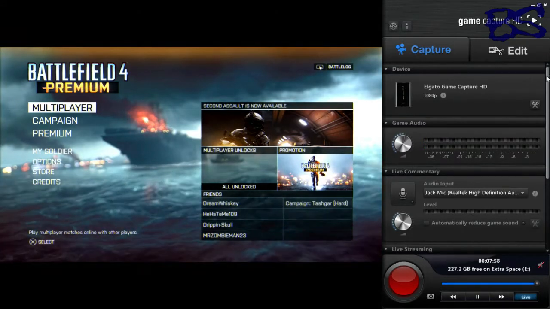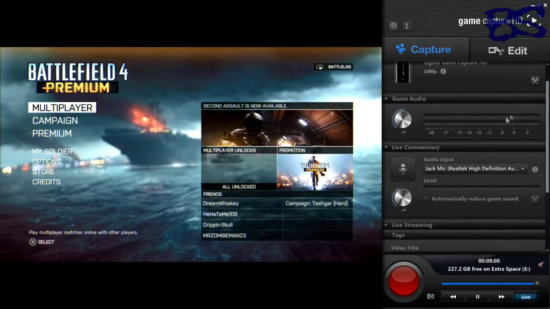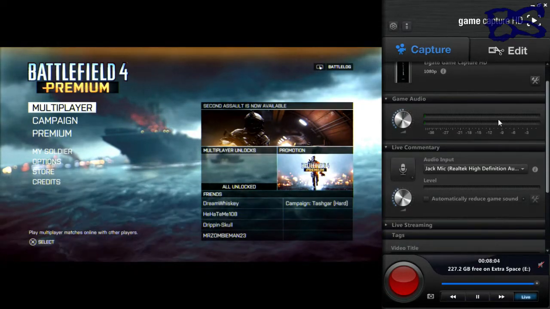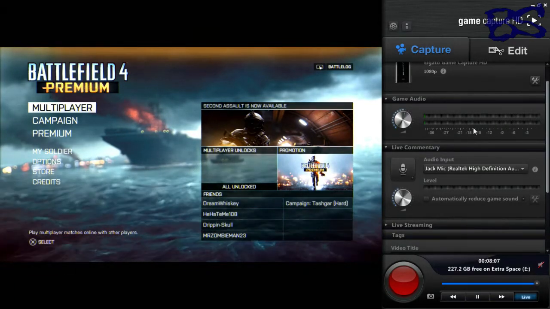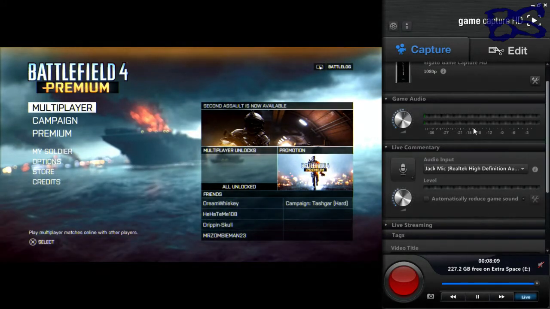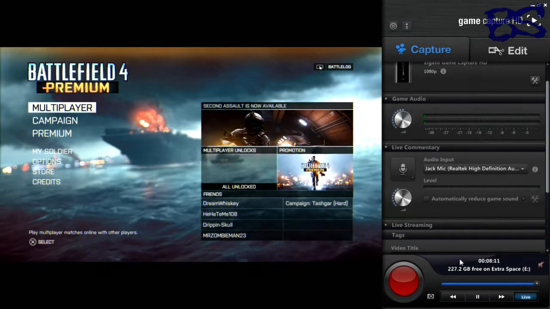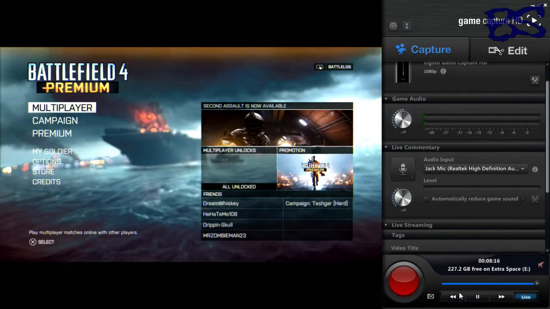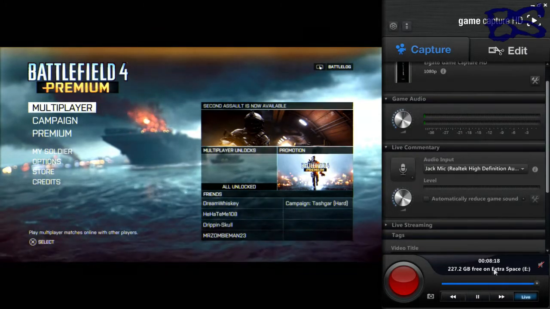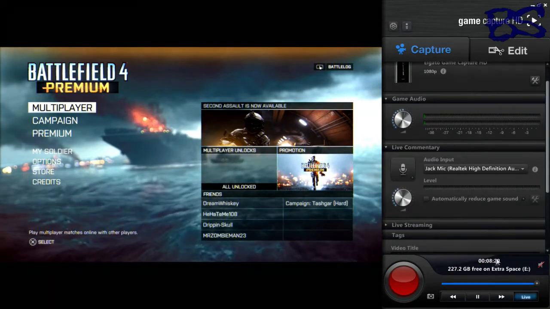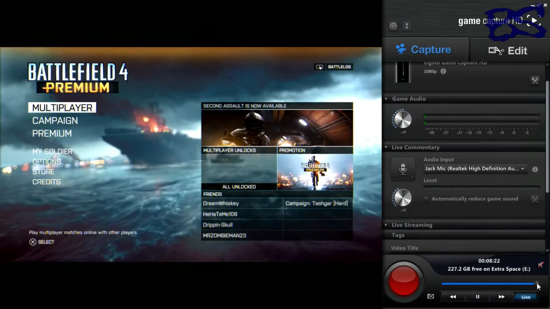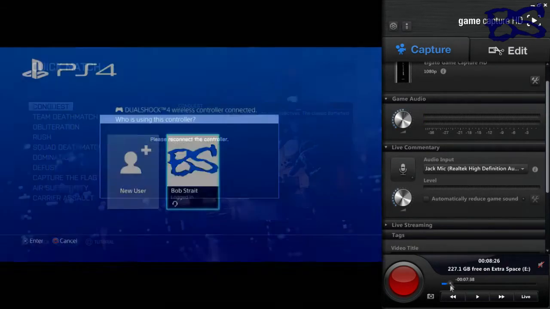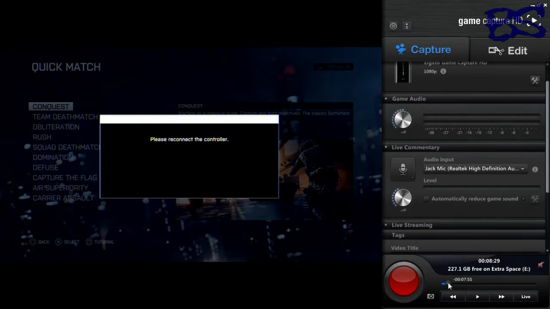And this software is like no other. This is by far the most superior software when it comes to recording gameplay, I have to say, and I personally think it's due to this flashback recording down here. And if you don't know what flashback recording is, it's basically where it's been recording for 8 minutes and 20 seconds now. We can actually back that recording up to before, when I didn't have my PS4 on,